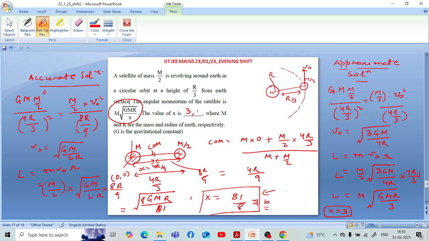ये इंपॉर्टेंट पॉइंट है यहाँ पे कि हमें जो रेडियस लेनी है इसके सर्कुलर पाथ की वो सेंटर ऑफ मास के राउंड अबाउट लेनी है। तो इस तरह से हम देखेंगे कि सैटेलाइट भी एक सर्कुलर पाथ में सेंटर ऑफ मास के राउंड अबाउट मूव करेगा। सारी वैल्यूज पुट करने के बाद जो हम देखते हैं रिजल्ट आता है √(8GMr/81)। अगर हम कंपेयर करें गिवन इक्वेशंस के हिसाब से, इसमें एक फैक्टर और हमें ध्यान देना है, यहाँ पे एक m और प्रेजेंट होगा। तो m√(8GMr/81)। इसे कंपेयर करें हम तो x की वैल्यू हमारी निकल के आती है 81/8, यानी कि नियरली इक्वल टू हम कह सकते हैं 10 के आसपास, 10.1 के आसपास रिजल्ट हमारा इसका निकल के आता है। सो ये पूरा एक्सप्लेनेशन है इस प्रॉब्लम की। होप यू अंडरस्टैंड इट। थैंक यू।